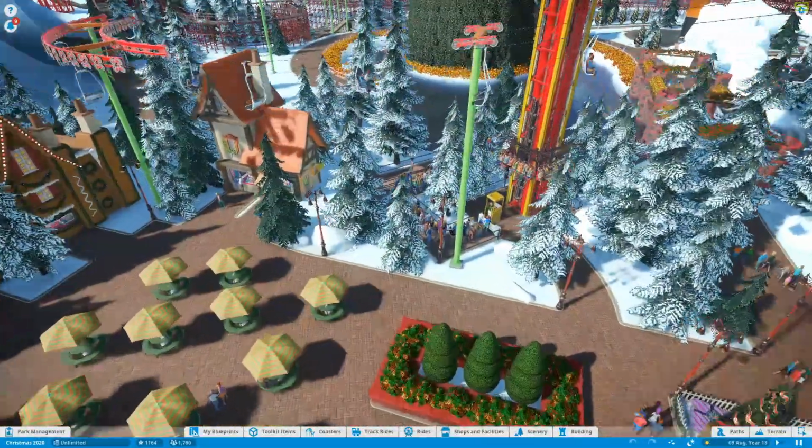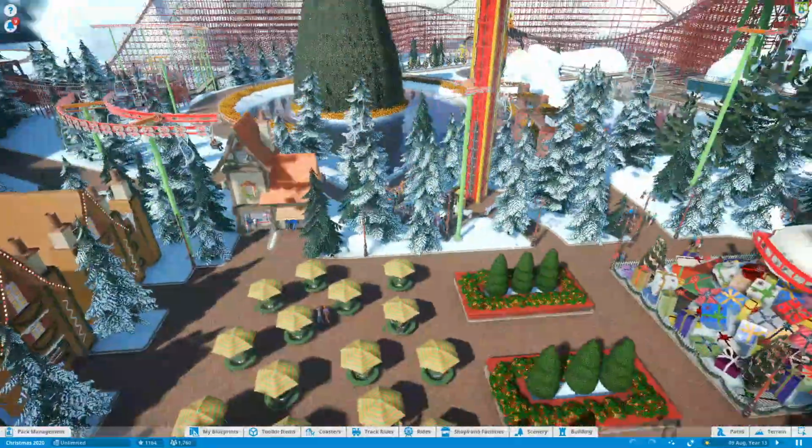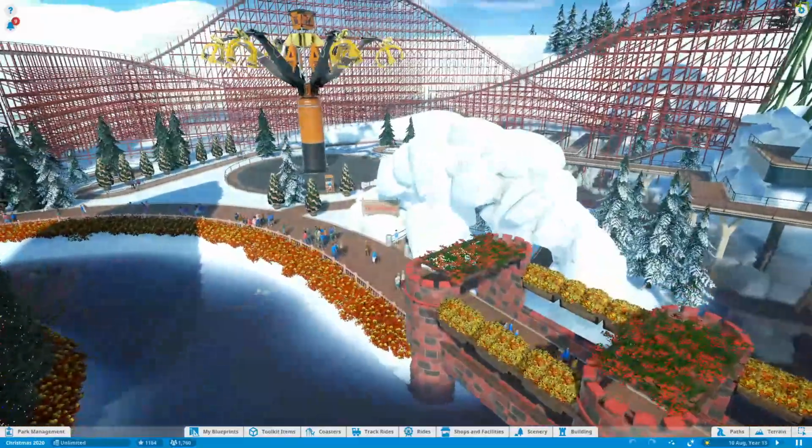We'll be putting more of these lights around everywhere as well. But the drop tower's there. I think the clearance is all nice for everything. And of course we go across the bridge, and you've got your entrance to the avalanche. And this is where we had